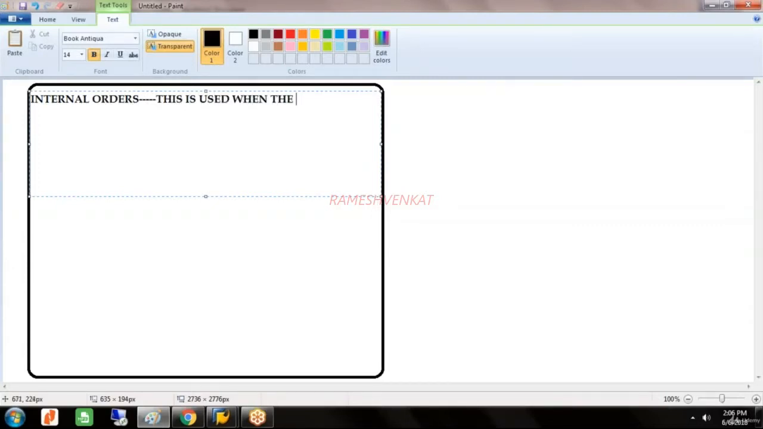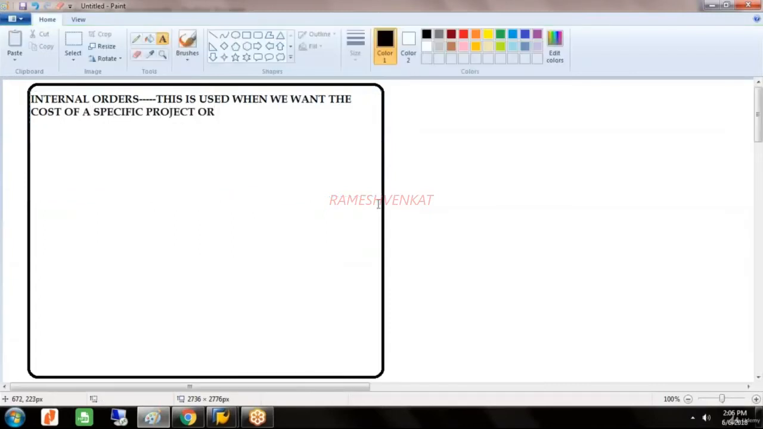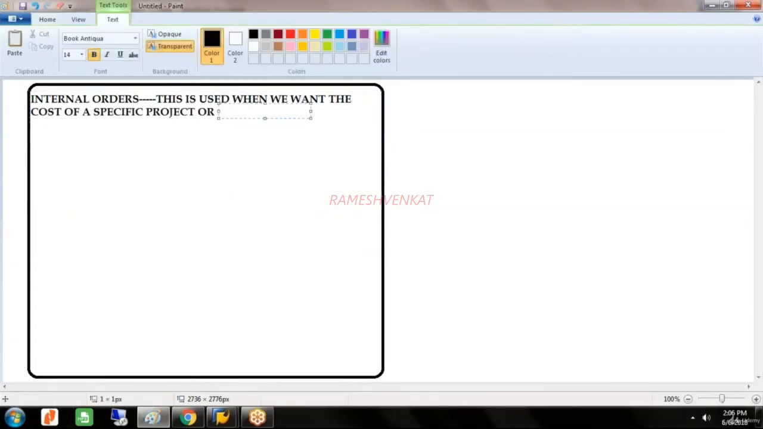when the company wants to find, or let's say when we want to find the cost of a specific project or a specific activity within a cost center. Within a cost center. That means,